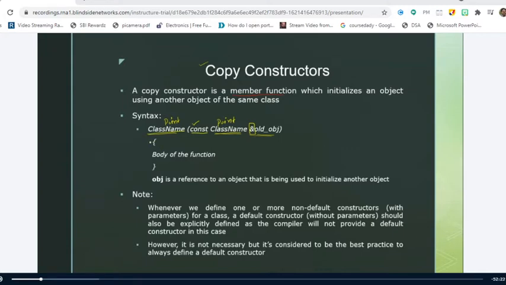After that, we can write any statements to constitute the body of the function. So this is the syntax of the copy constructor. Here the old object, old_obj, is the reference to an object that is being used to initialize another object. Is it clear up to this point?